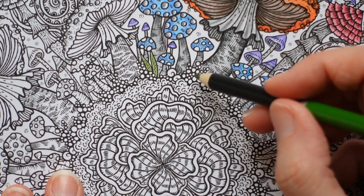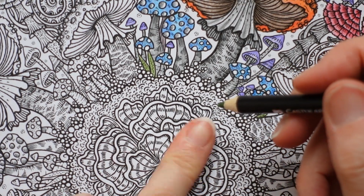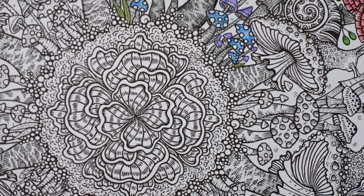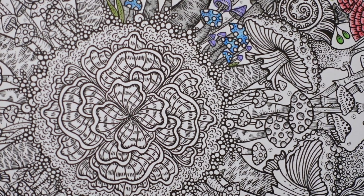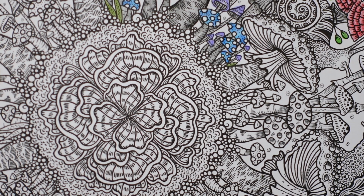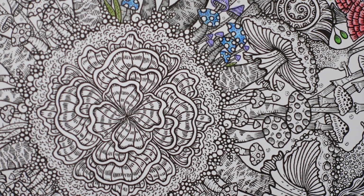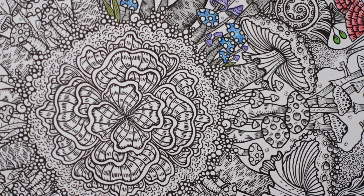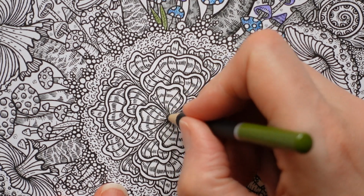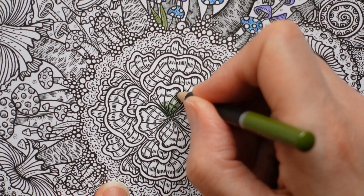Now we have this sort of, yeah. I think this could be like a big fungusy thing growing in the middle, or it could be a leafy thing. Thing, that's a good word, isn't it? I think I'm going to do it green, and it doesn't matter what it is. So that's my decision. So I'm going to use my oxide of chrome, and just colour in